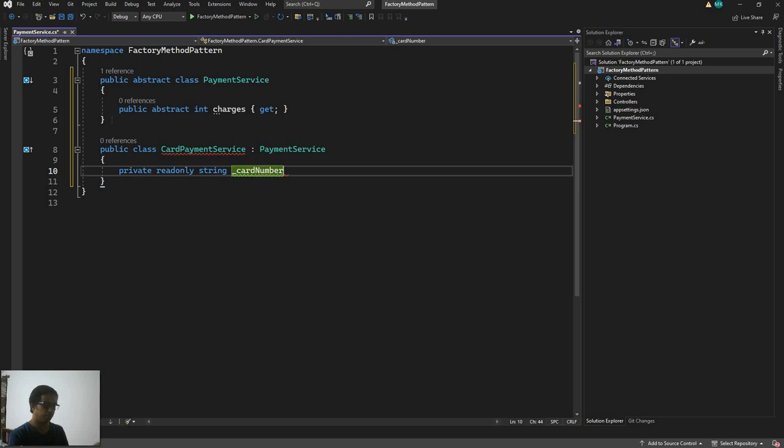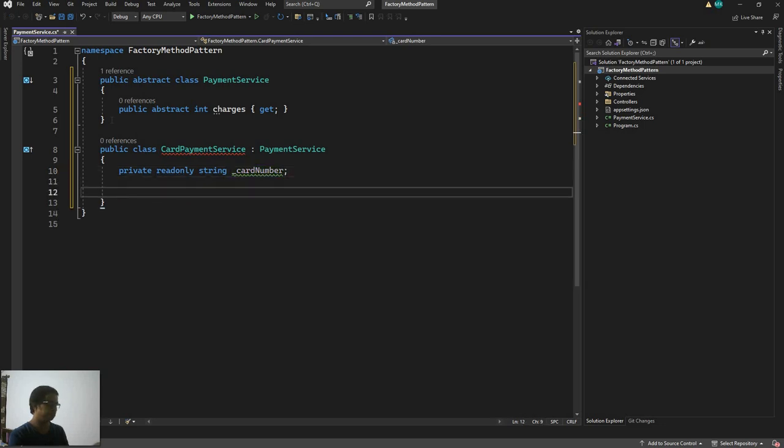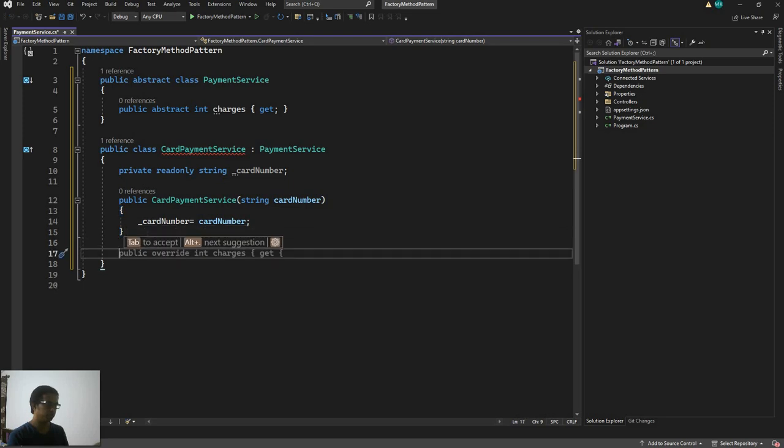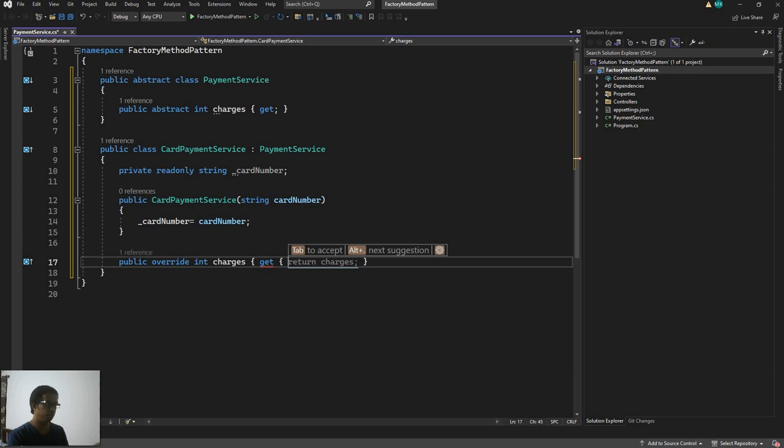I will provide an input parameter which is the card number, and I will create a constructor, and this constructor will take this card number, which is a string property, and then I will override charges, and let's say it will return 200. Let me annotate it like this,